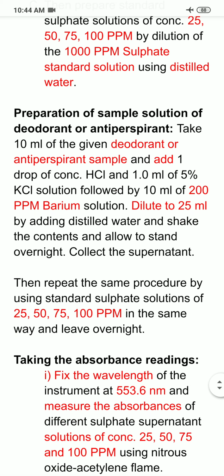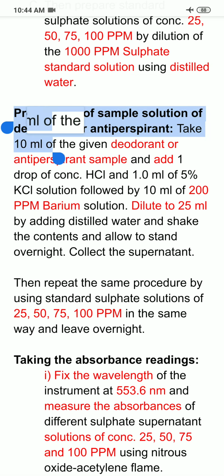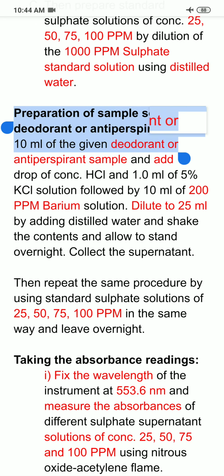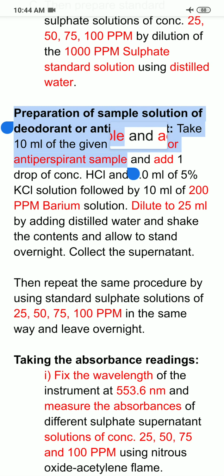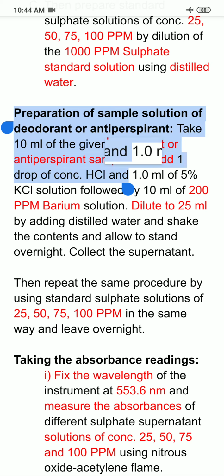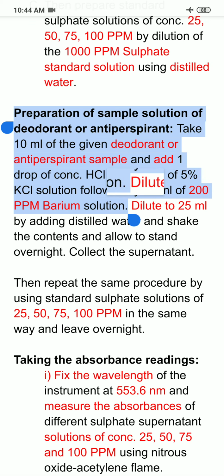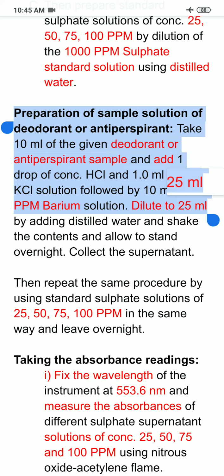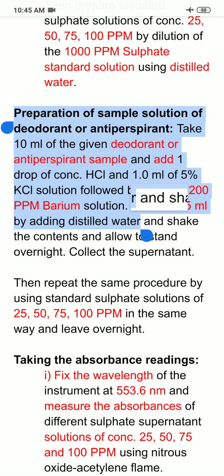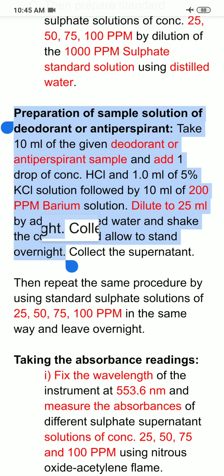Next is the preparation of sample solution of deodorant or antiperspirant. For that, take 10 ml, or say known weight, known volume, of the deodorant or antiperspirant sample, and add 1 drop of concentrated HCl to make the solution acidic, and 1 ml of 5% KCl solution, followed by 10 ml of 200 ppm barium solution. And we will dilute it to 25 ml by adding distilled water, shake the contents and allow to stand